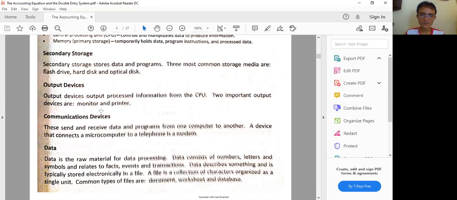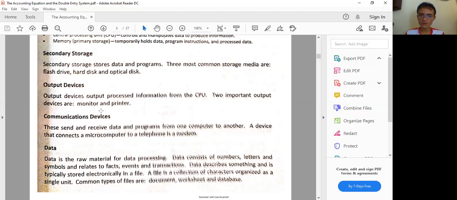The output devices would be the ones that would generate the output that we actually base upon our input placed on the system. So example, for keyboard, we have written the respective words or paragraphs or whatever words that we place there on Microsoft Word. We save it and we want it to be in hard copy. We print the document. So the printer would be the output device. It will really generate the input to become output.